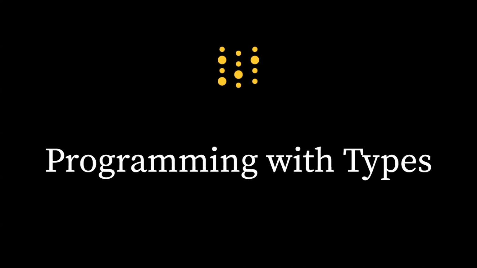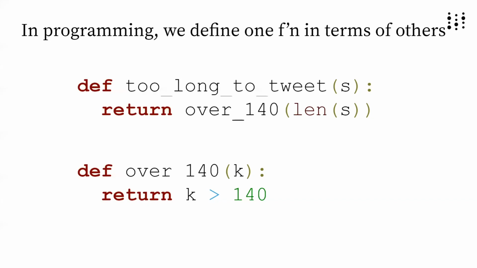I'm thinking about strictly typed programming, functional programming in particular, for folks who are familiar with the different types of programming languages that are out there. But just in general, there are connections with the way that we think about our computer programs, no matter what paradigm we're working in. So in all kinds of programming, we define one function, one program